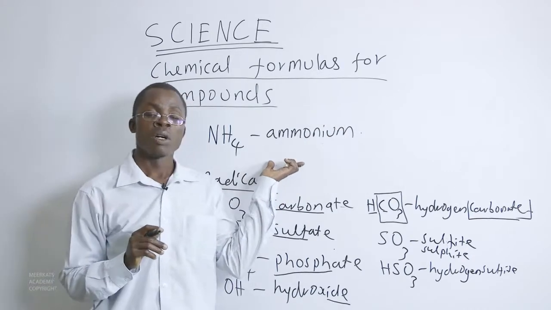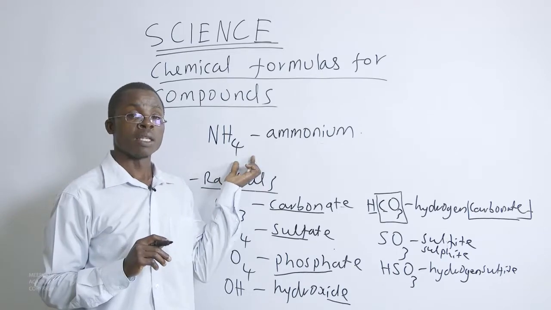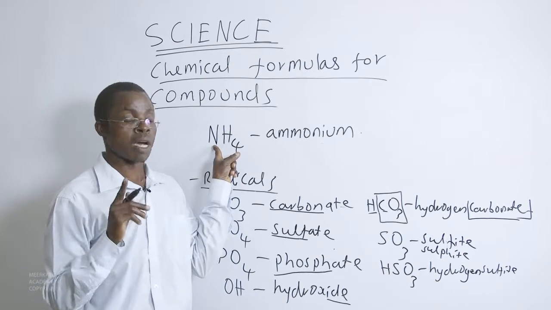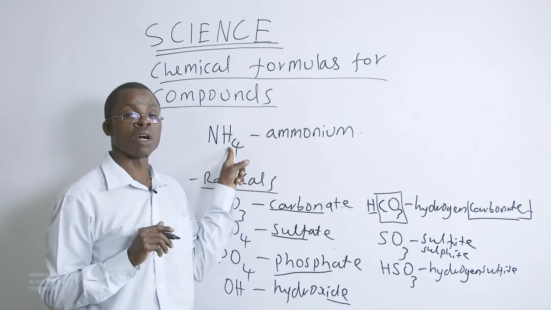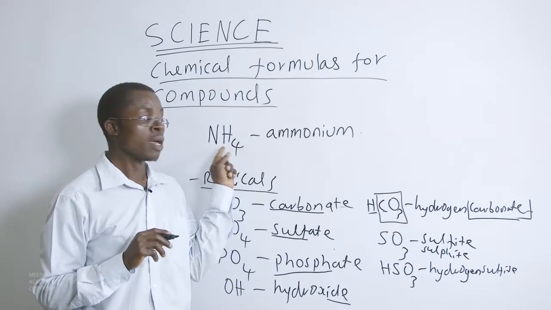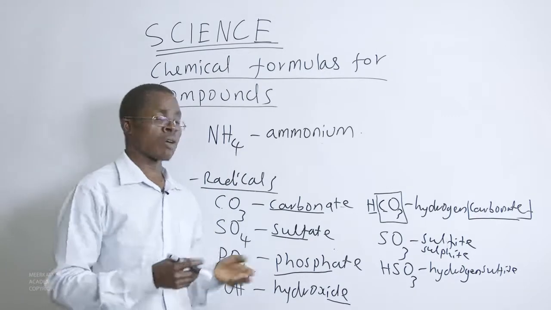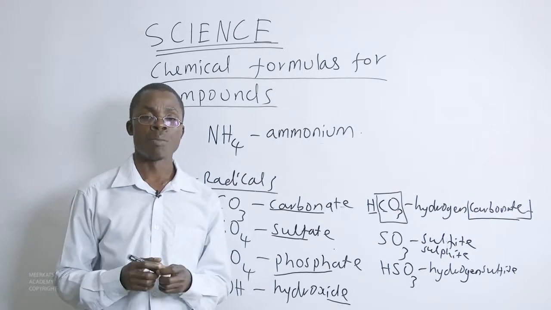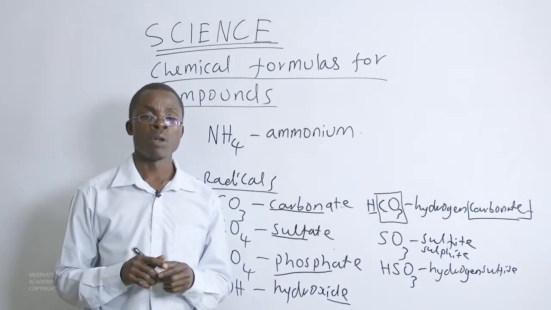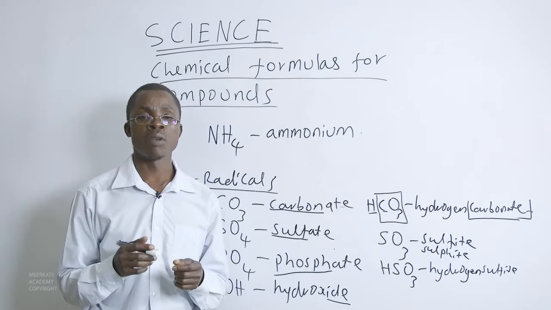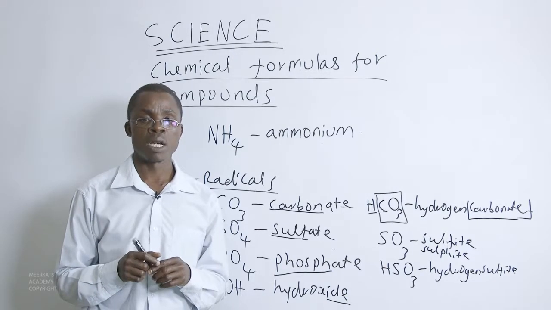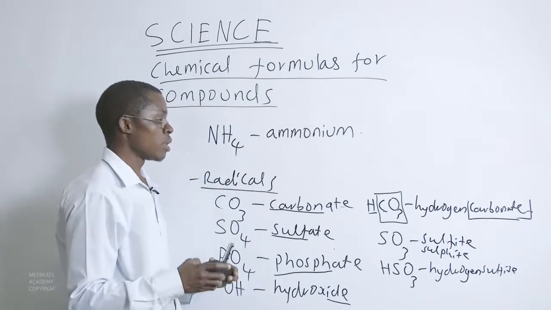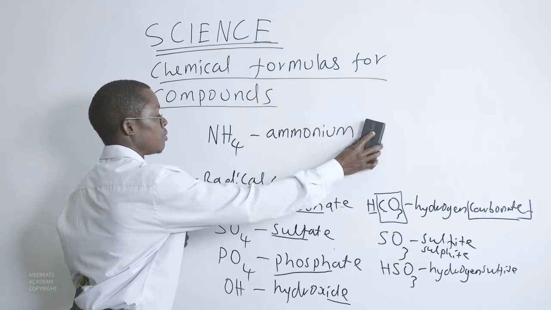This radical is referred to as ammonium. It's a radical that contains one nitrogen as an element, one atom of it, and 4 atoms of hydrogen. Now, these radicals will always combine with the other elements to form new compounds. Those new compounds will have to be given a name, and will also have to be given a particular chemical formula. Let's give an example of a reaction, starting with the one that we had already talked about, and that is